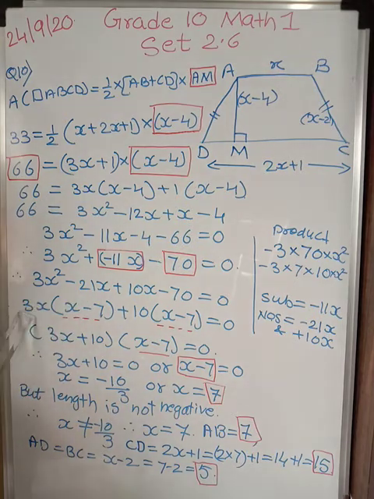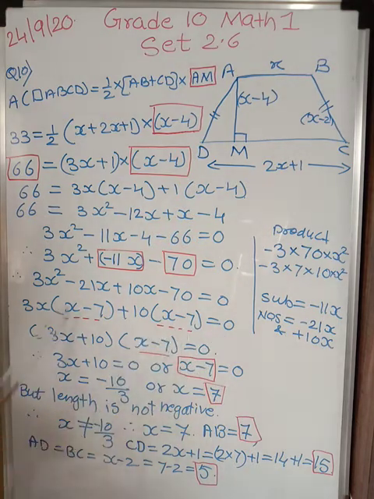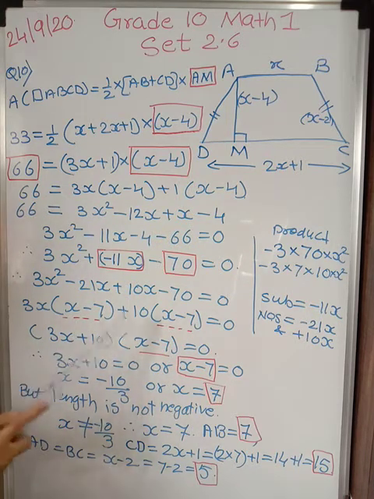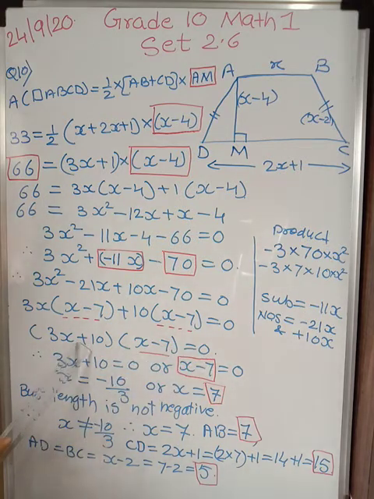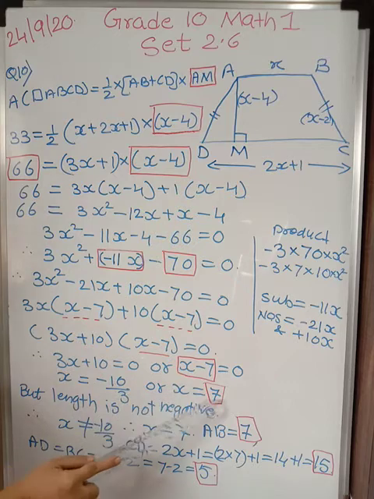Now from these two you have 3x out, you have x minus 7. Plus 10, you have x minus 7 again, equal to 0. Among these two, x minus 7 is common. We write common things first, but in your book this is given, so you write accordingly. So take 3x plus 10 and then you write x minus 7 is equal to 0. Work it out. Either this bracket will be 0 or this will be 0. So x will be equal to either minus 10 upon 3 or x will be equal to 7.